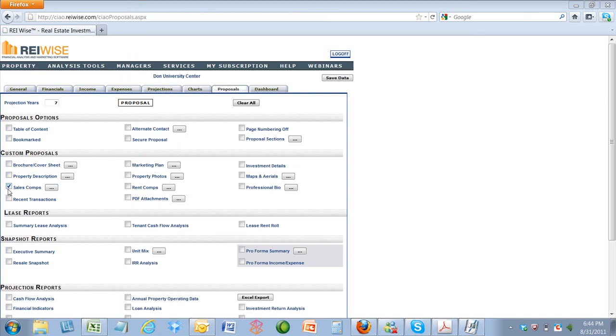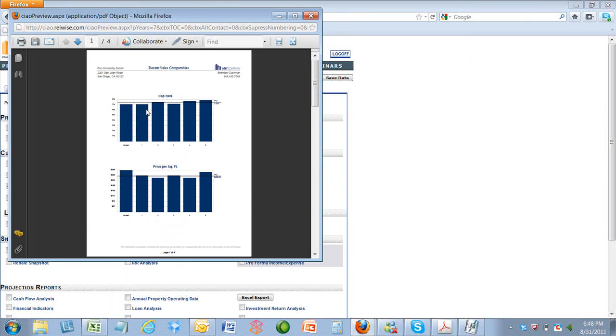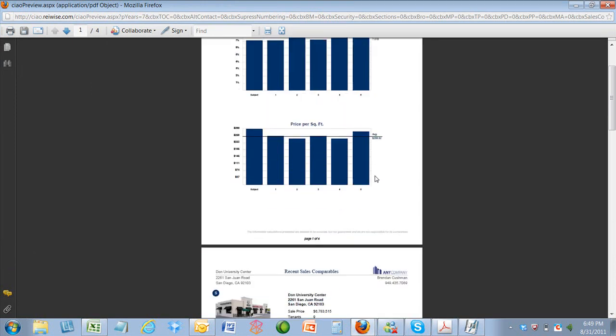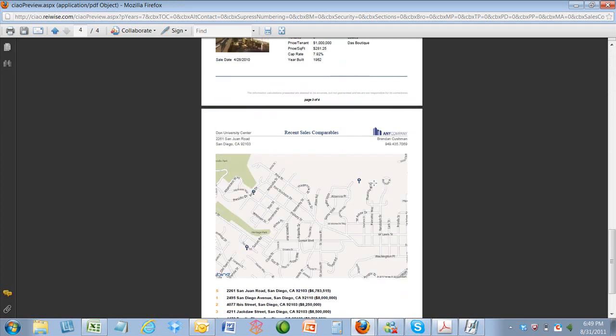To view your sales comps report, make sure you have the sales comps box checked and click Preview and Save. Your sales comp report will open after you click Preview and Save, and you will see the report with the options you have selected. We have selected to include the comparables charts, the summaries of individual properties, and the mapping